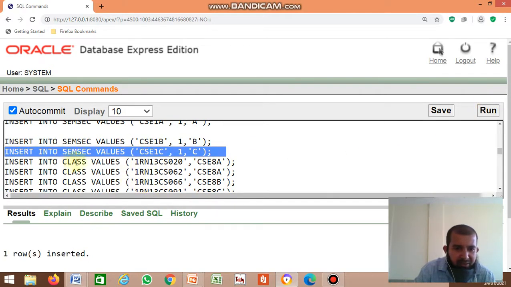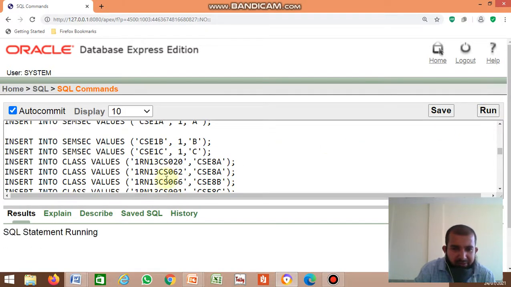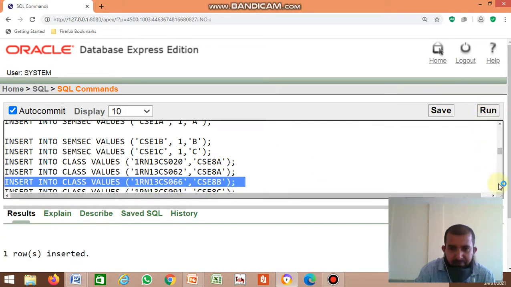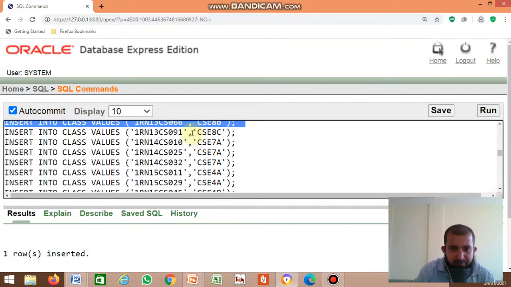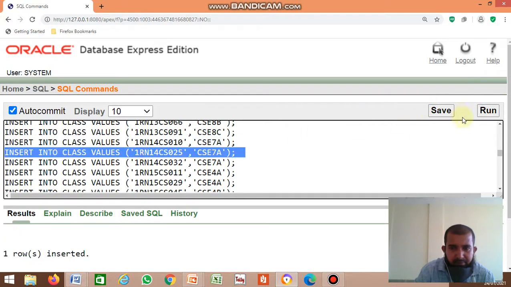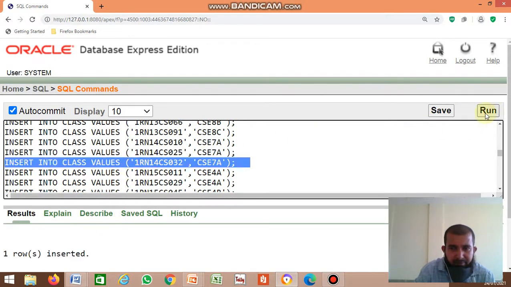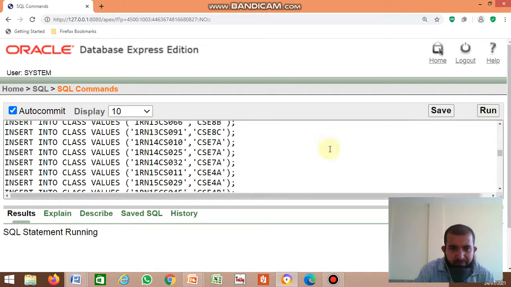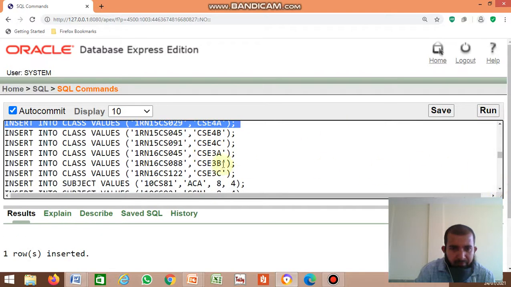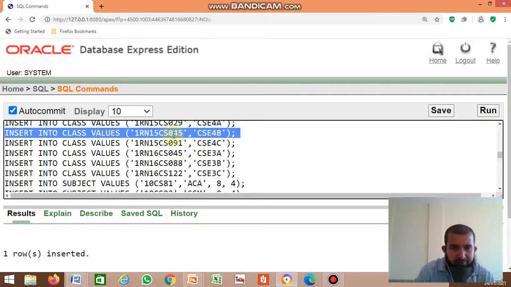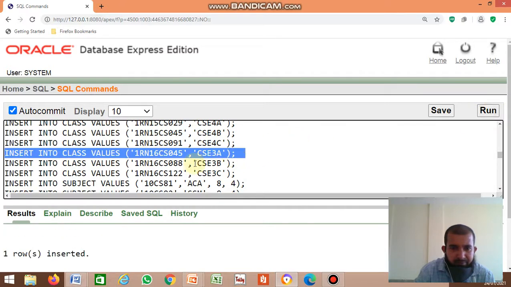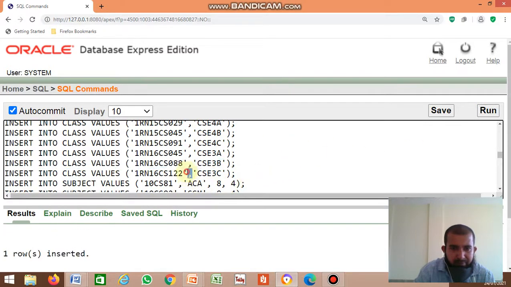Next, insert the values in the class table. Just go on and insert.